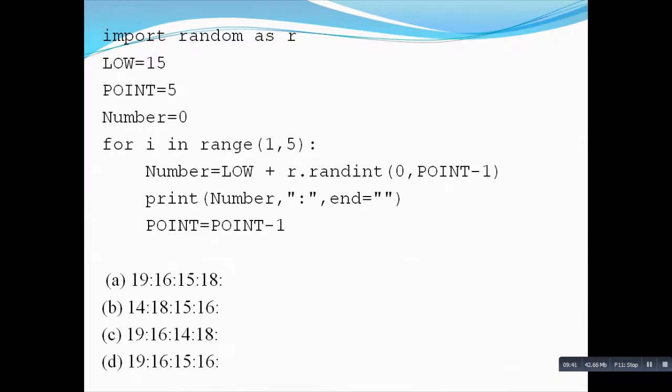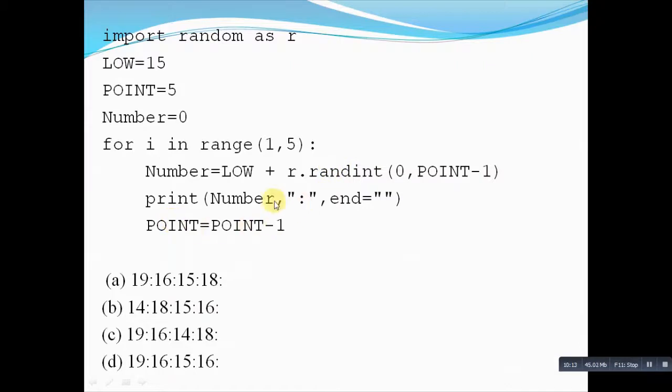So in this particular part, 3 values will be generated, that is 0, 1 and 2. So if it happens to be 0, then the minimum value that will be stored in number will be equal to 15, and if it is 2, then the maximum value that will be stored in the number is 17, and let us see whether it is 17 or not. So in both the cases it is 15. So in between 15 to 17 anything may appear. So from that point of view it is correct.